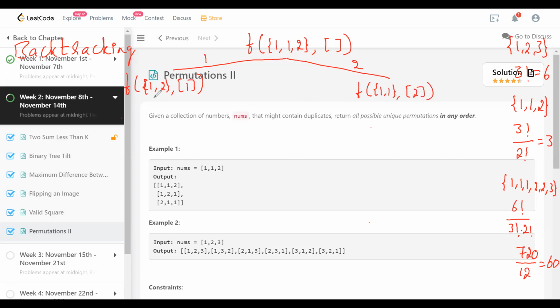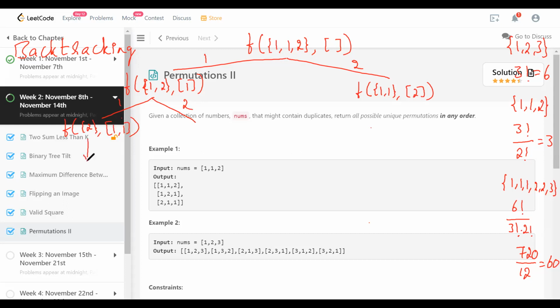So if you go further down in this backtracking way, let me just go in a depth first way. Again, I have a choice of 1 and 2. If I choose 1, I'm going to be left with only 2 here, and the permutation I have is 1 comma 1. In this case, again, I have only one choice here.